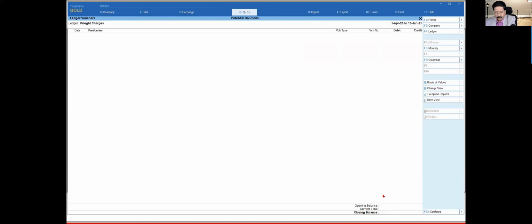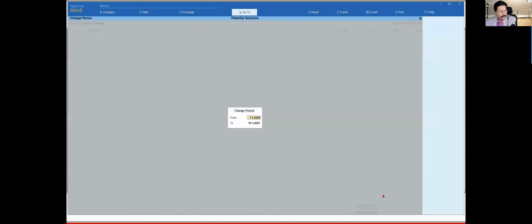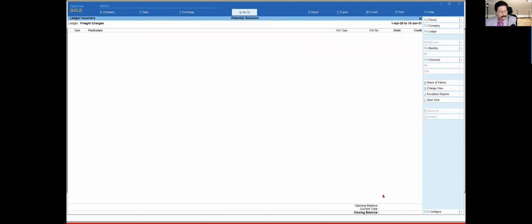Just for your benefit, Alt F2, from April to January, right from day 1 to the last day of your voucher, though we have passed this entry on 10th of January, the value of 1,000 on the freight charge will not get captured here.